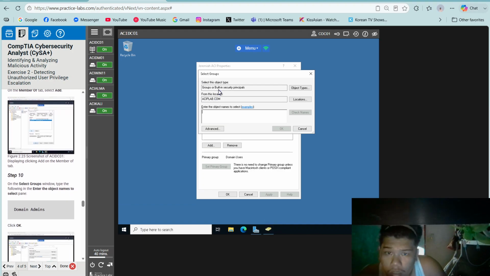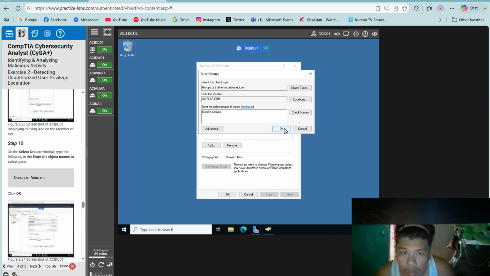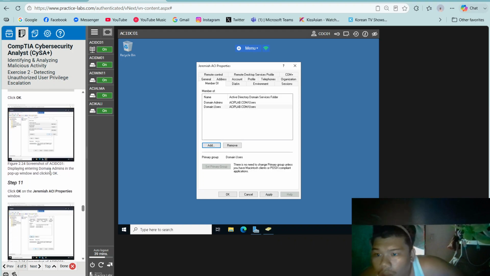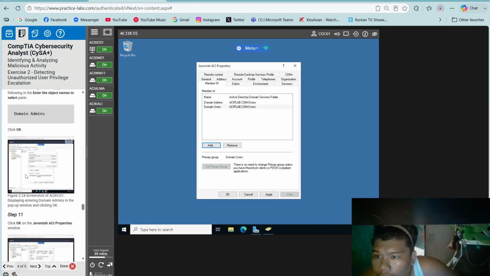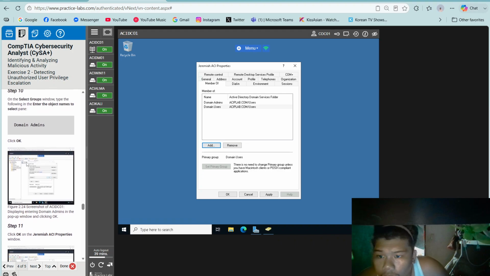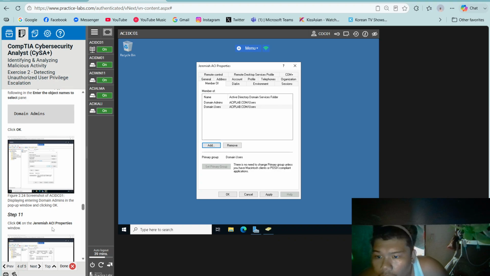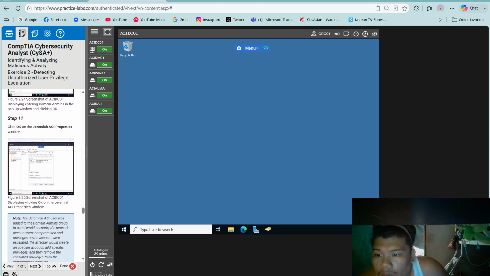Then on the Select Groups window, type the following in the object names to select: Domain Admins. Click OK. Step 11. Click OK on the ACI Properties window.